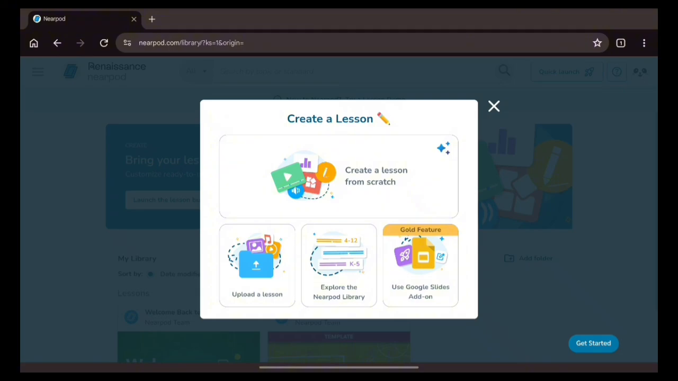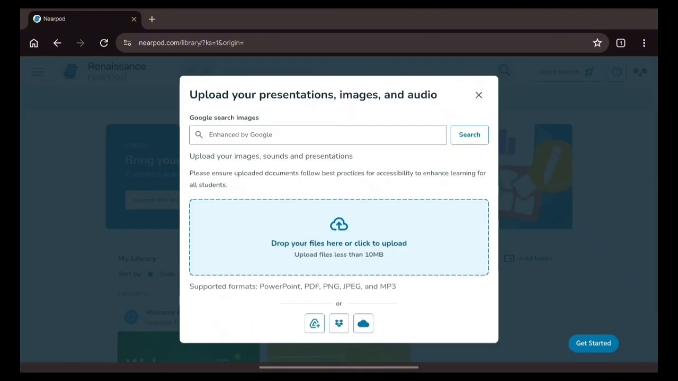So the first one, either you want to upload a lesson, explore the Nearpod library, and if you are gold feature, you also can use Google Slides and so on. Okay, so in this tutorial, I want to share how to create a lesson by uploading a